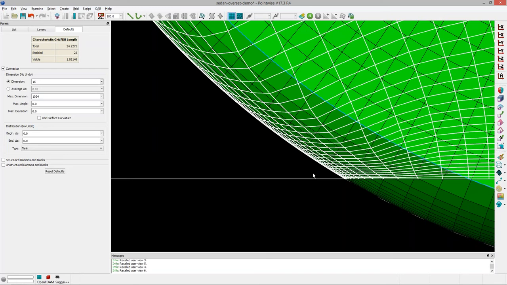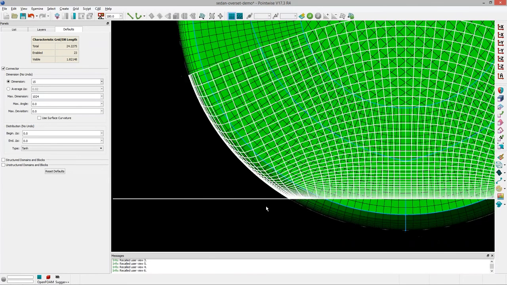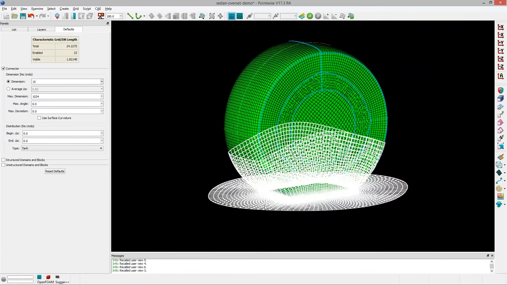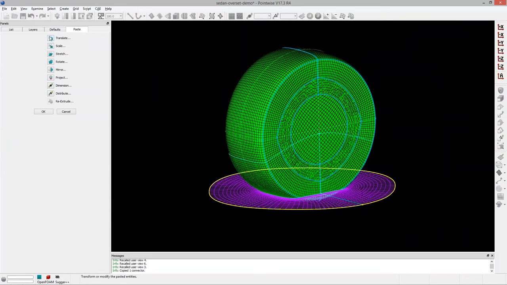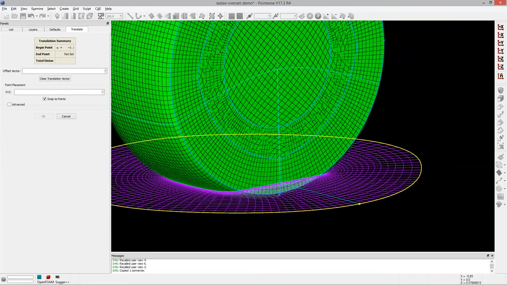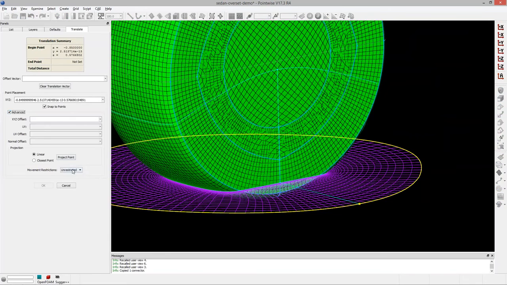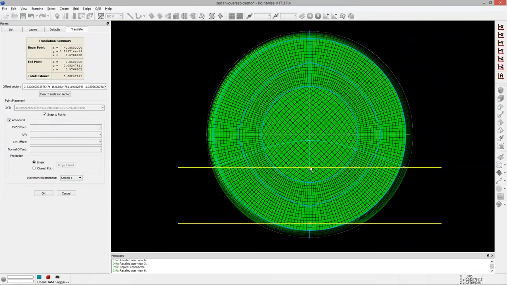But that doesn't mean we're stuck. I don't have to create all of my blocks through extrusion. I can actually create blocks manually as well. So that's exactly what I'm going to go ahead and do. I'm going to manually assemble this block, this collar block. So I'm going to grab this connector and copy and paste and translate it in the vertical direction. So we'll go ahead and reorient and translate it to about right there.